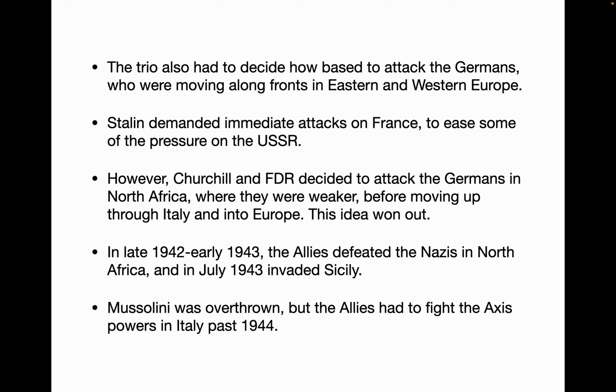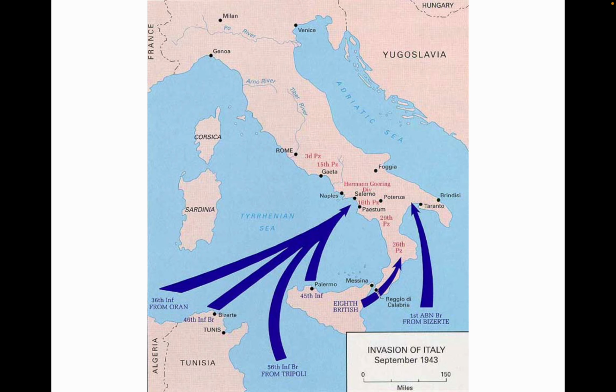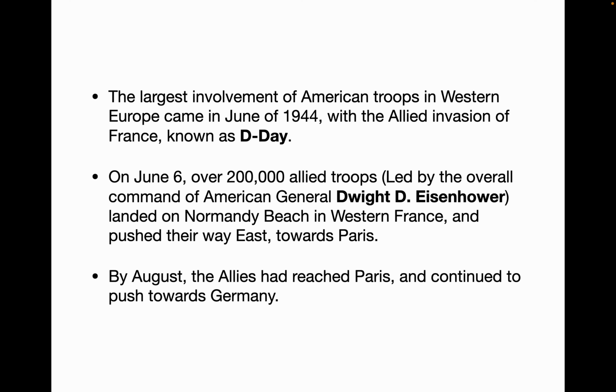So just because we got rid of Mussolini didn't mean we got rid of the Nazis in Italy. So here is the invasion of Italy in September of '43, going up through Sicily and up to the mainland of Italy. The largest involvement of American troops didn't come until June of 1944, and this is the Allied invasion of France,